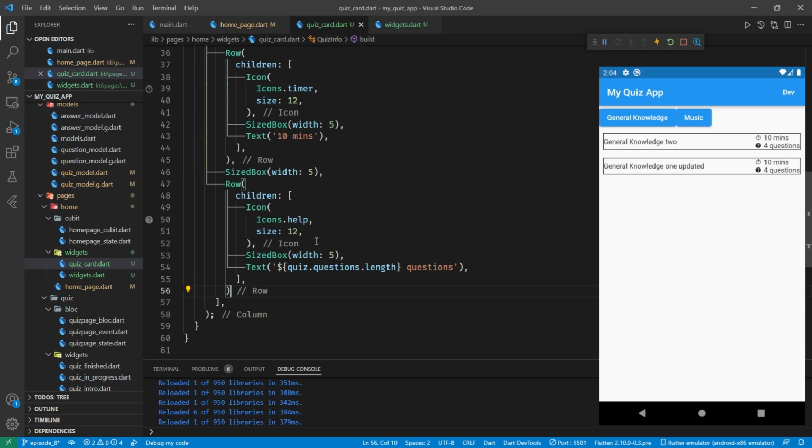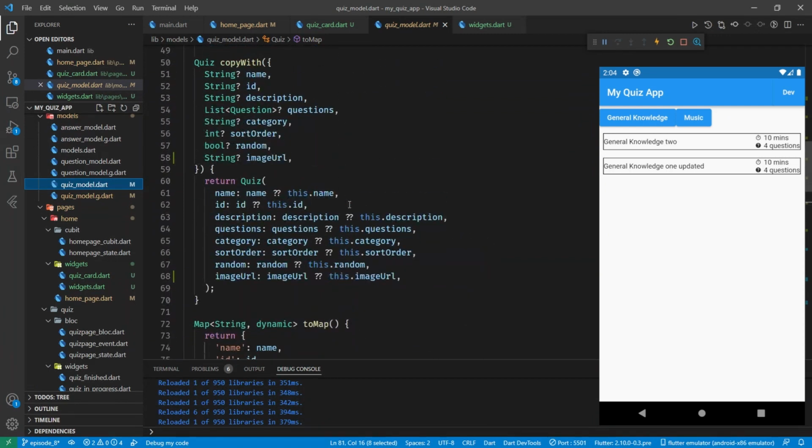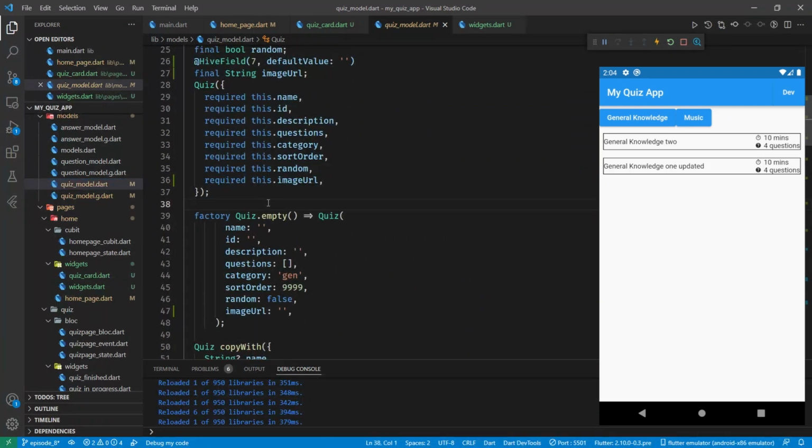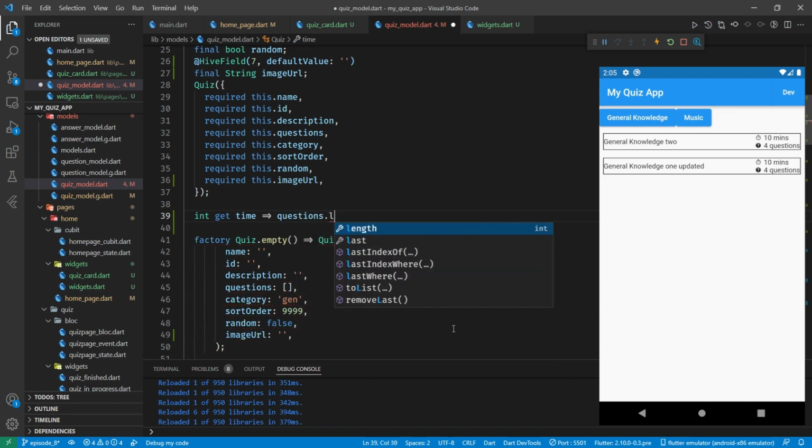For the time, I want to be a little bit more sneaky, and so I'm going to come back up to the quiz model, and I'm going to put this just above our empty. I'm going to create a getter that returns an int get time, and that's going to return basically a made-up time based on the number of questions. So what I'm going to do is I'm going to put questions.length